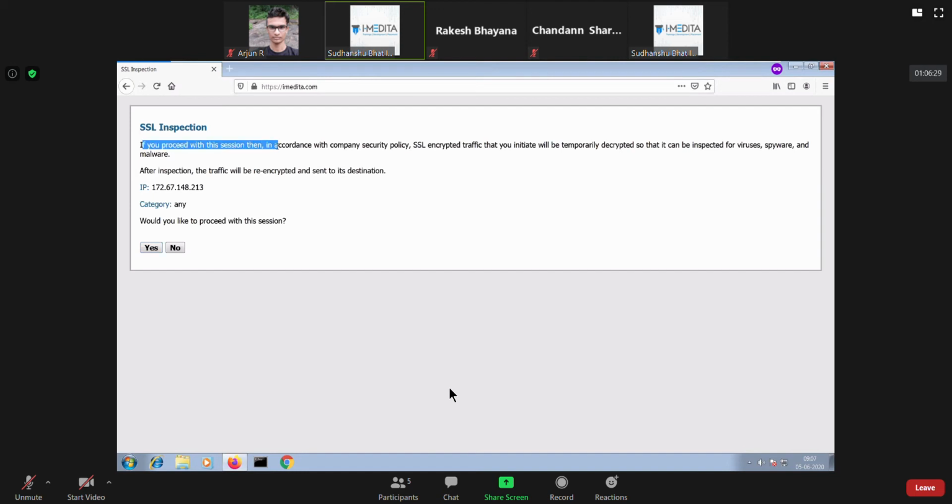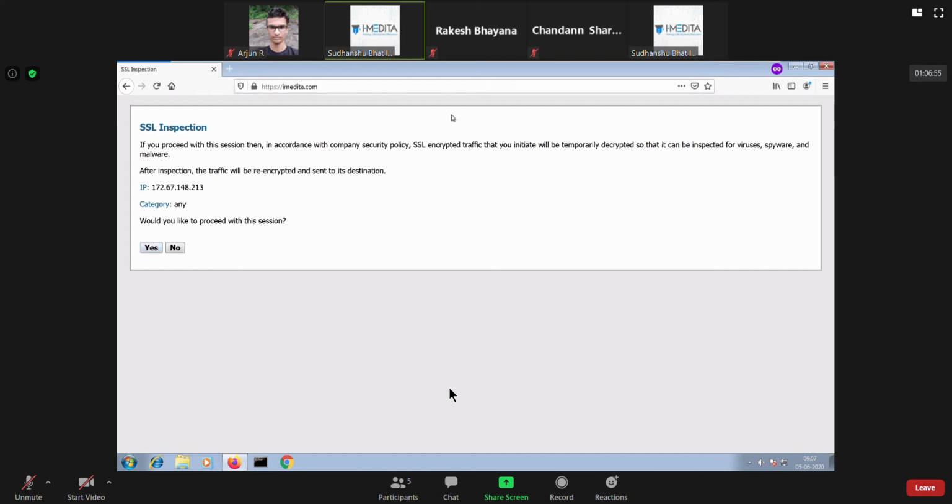If you proceed with this session in accordance with the company security policy, we will temporarily decrypt traffic so that we can inspect it for virus, spyware, and malware. After inspection, traffic will be re-encrypted and sent to its destination. If you don't want to proceed with this session, you can click No. If you want to proceed, Yes.